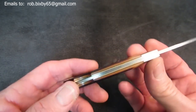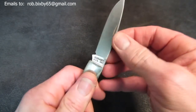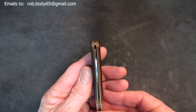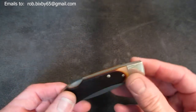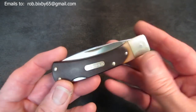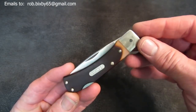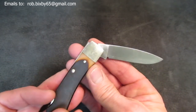A lockback mechanism that is just beautiful. Perfect lockup, nice smooth action, perfect centering, or very close. Yeah, it's close enough, we'll call it perfect. The handle covers are saw cut Delrin. Guys, these were not expensive knives, but they are extremely well made. Here we are 20-something years later. Now, granted, this knife is pretty much not seen any use, but